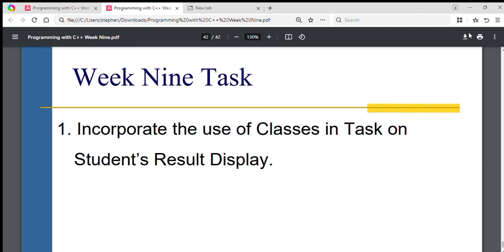This brings us to the end of the week 9 lessons and this assignment. You incorporate the use of classes in your tasks on student